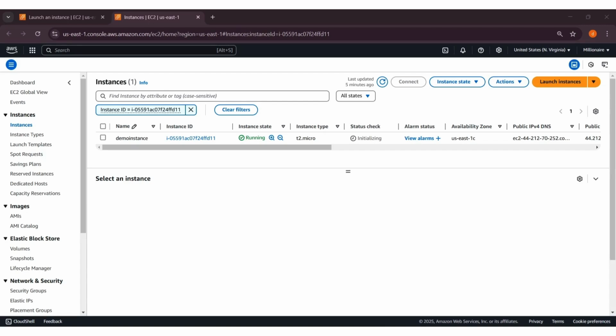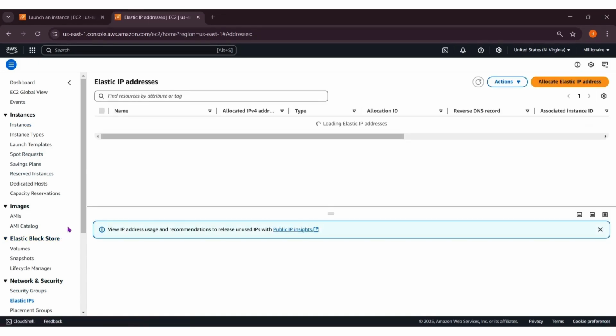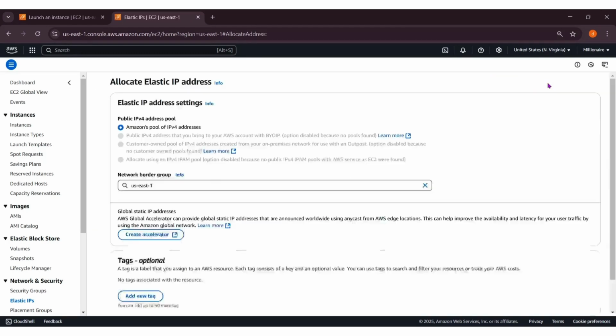So in this demo, I'm going to show us how to get an Elastic IP address, how to associate it with your instance, and how to disassociate it when not in use. I've already created an EC2 instance right here. I won't be showing us how to create an EC2 instance. So on the EC2 instance dashboard, by this column, you'd see Elastic IP address. On here, there is no Elastic IP address at the moment, so we are going to allocate an Elastic IP